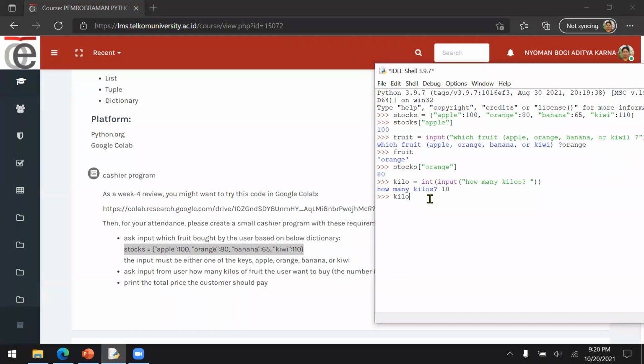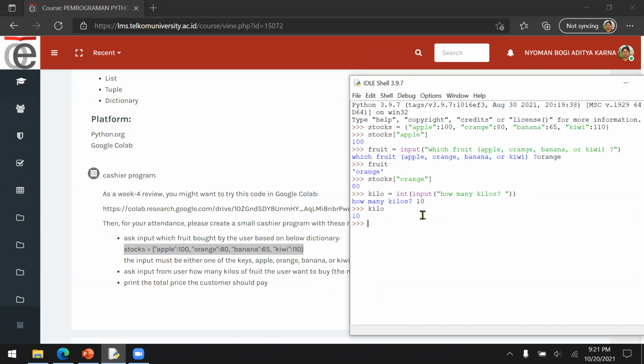Okay, so the kilo will be 10. Now, using the dictionary, print the total price the customer should pay. So the customer should pay for these 10 kilos, with the price for 1 kilo, which is 80.